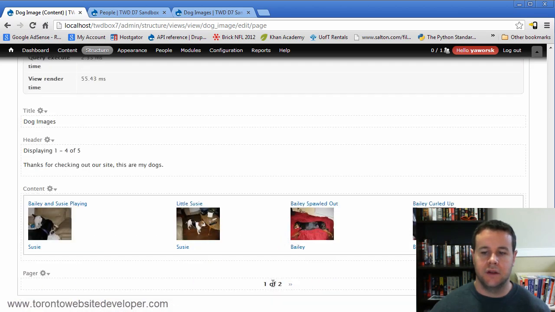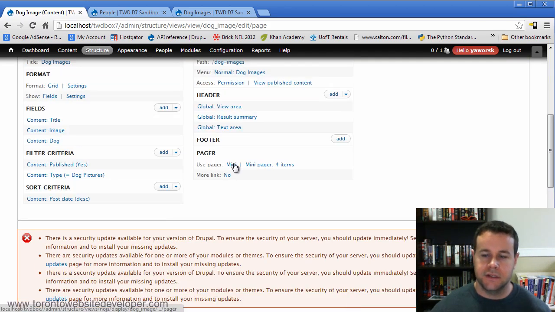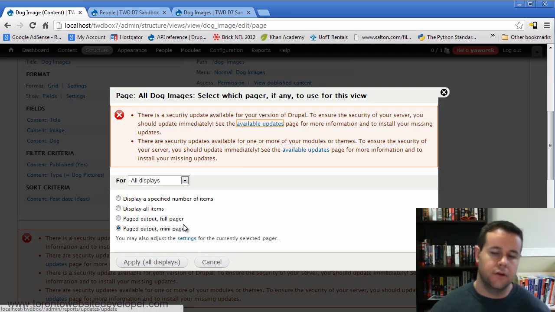So the mini pager, again, is 1 of 2, just the arrows to go to the next page. It doesn't have the first or last. So that's the difference there. There were a couple other settings that we didn't take a look at, so okay, I'll show you